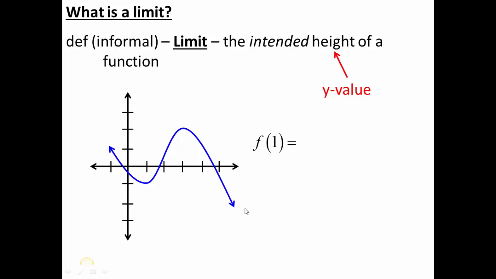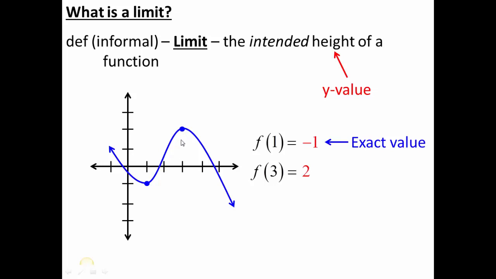So if I ask you what is f of 1, keep in mind what I'm asking is what is the y value when x is 1. I simply look at the graph. Here's x equals 1, a vertical line representing x equals 1. And the curve passes through that vertical line at a height of -1. So I would say f of 1 is -1. In other words, the exact value of f of 1 is -1. I could do the same thing at f of 3. So at x equals 3, I look at the graph. I see that the graph reaches a height of 2. So I say the exact value of f of 3 is 2.